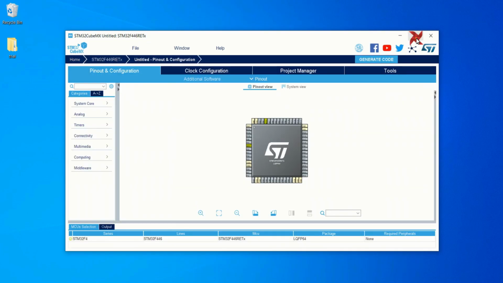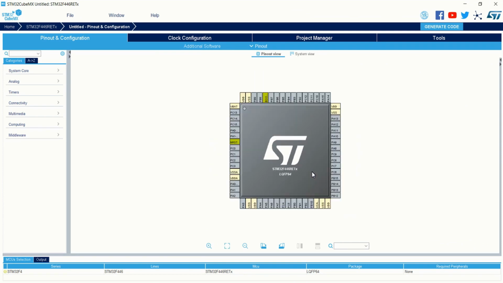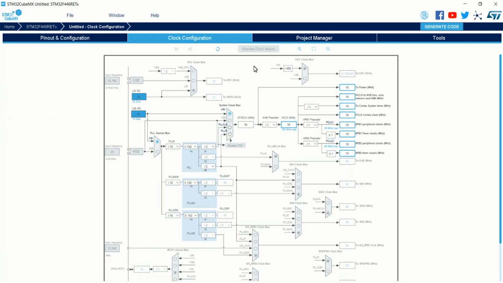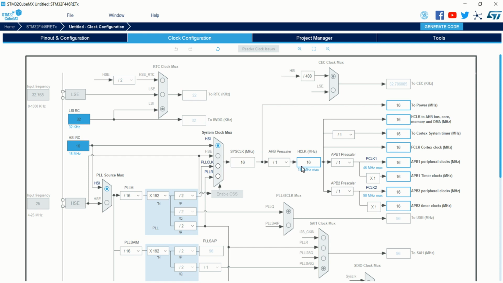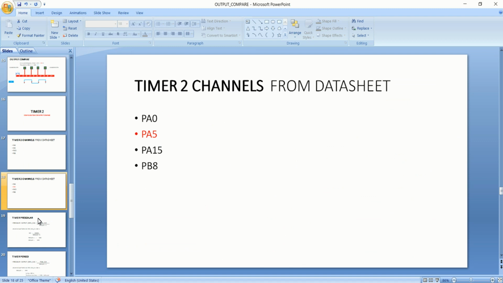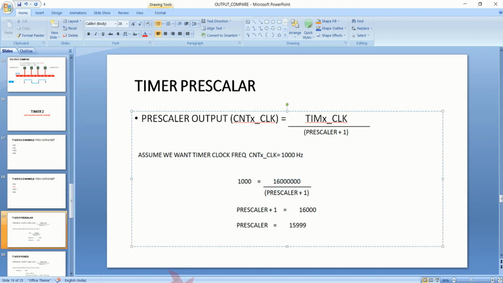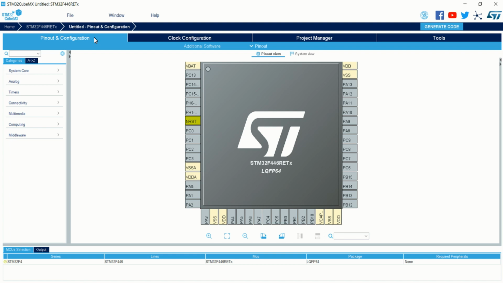Here you can see you will get the microcontroller with all the pins uninitialized. As I said, our clock configuration remains the same. We are just going to use the 16 MHz internal clock. I am not going to use the PLL clock. As per our calculation in the last lecture, we are using the 16 MHz internal clock of the microcontroller. So I am running the clock at 16 MHz, and I will not touch the clock configuration. I am going to use the same configuration.